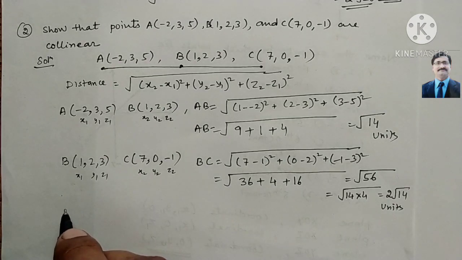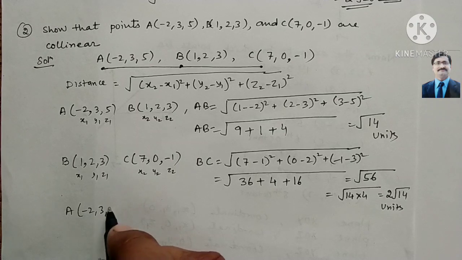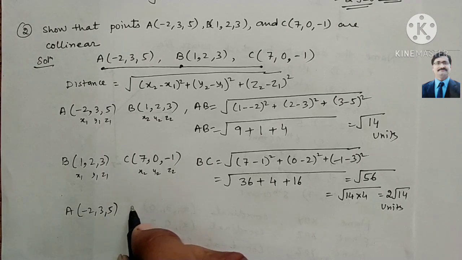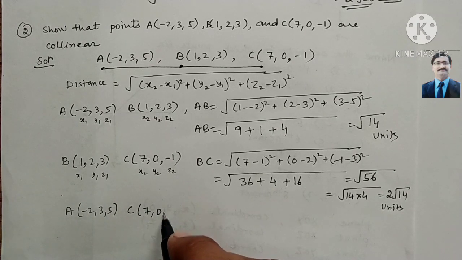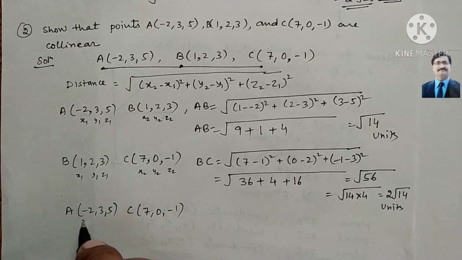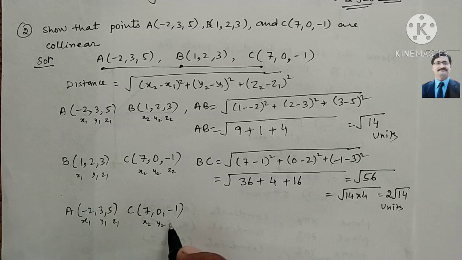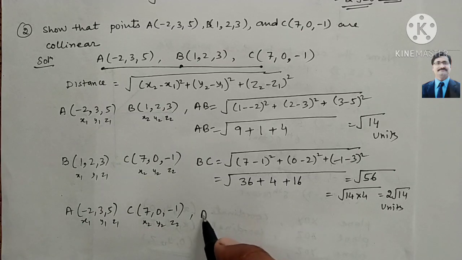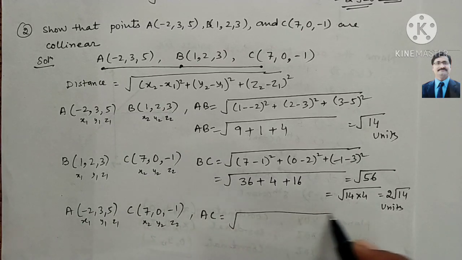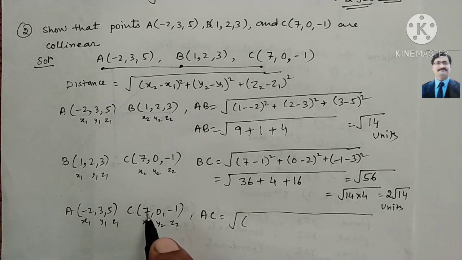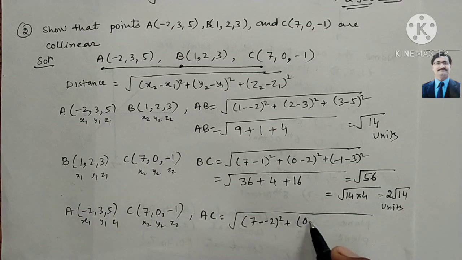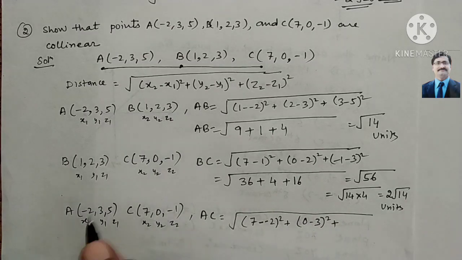Now we will find here the AC distance. So A is here minus 2, 3, 5, and C is 7, 0 and minus 1. These are x1, y1 and z1, and this is x2, y2 and z2. So we will put in the formula, we get the AC distance, and look here, this will be x2 minus x1, means 7 minus minus 2 whole square, then we write 0 minus 3 whole square, and then minus 1 minus 5